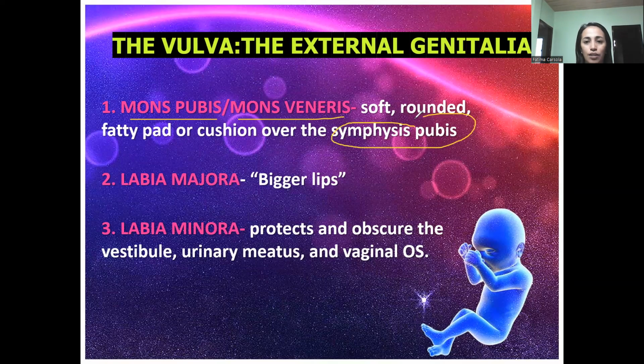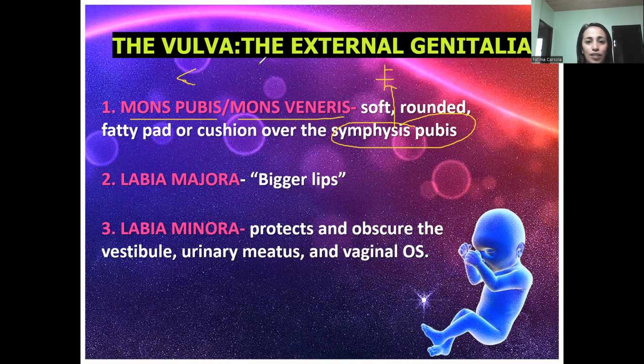You start measuring your fundic height at the symphysis pubis up to the height of the fundus. If, for example, the measurement of the fundic height is lesser than what it should be, the baby may have a problem. It could be there is intrauterine growth retardation. There is the possibility of oligohydramnios. There is intrauterine fetal death or other problems related to small for gestational age, or other problems related to a small abdomen.